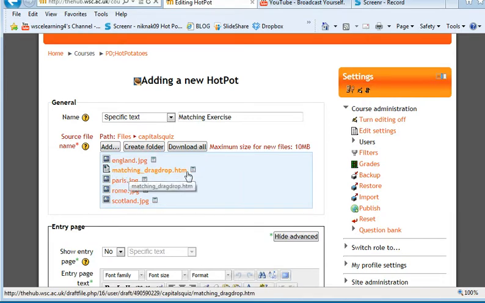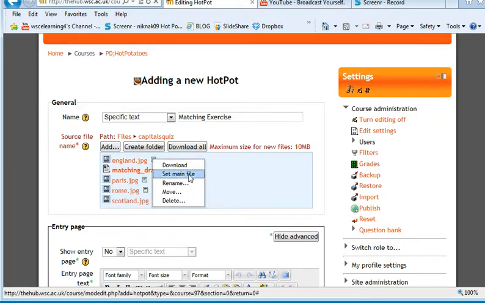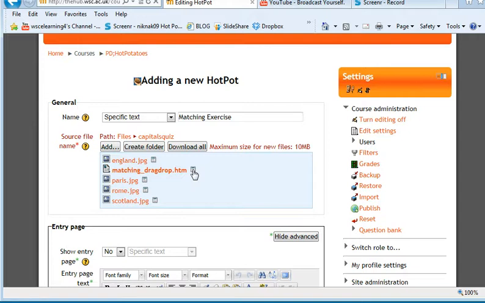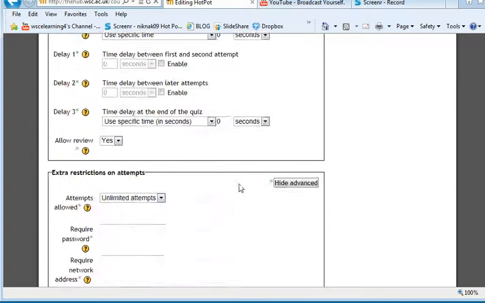It makes it bold, so that was clicking its little icon, and it's not there now, but choosing set as main file. You can set any of them as the main file, but it has to be the .htm one that you do, otherwise the quiz won't work, so be careful that you're clicking on the right icon. If we save that, so we'll just scroll right down to the bottom,